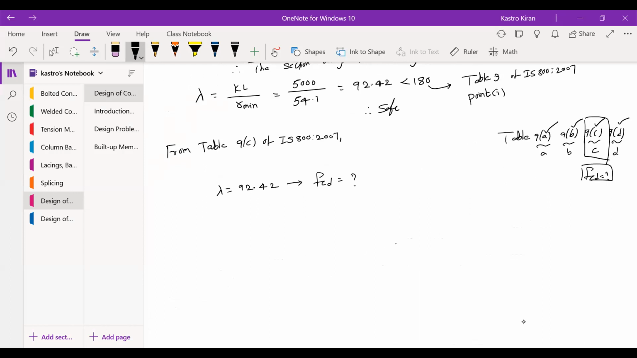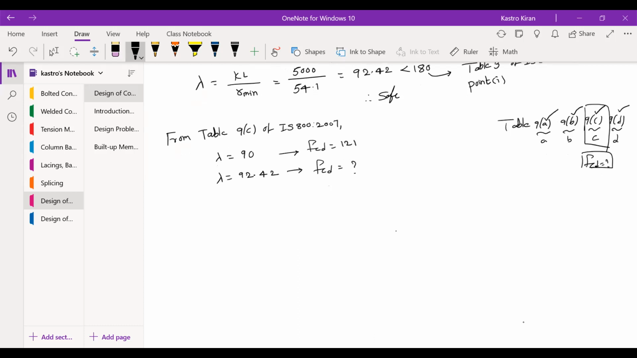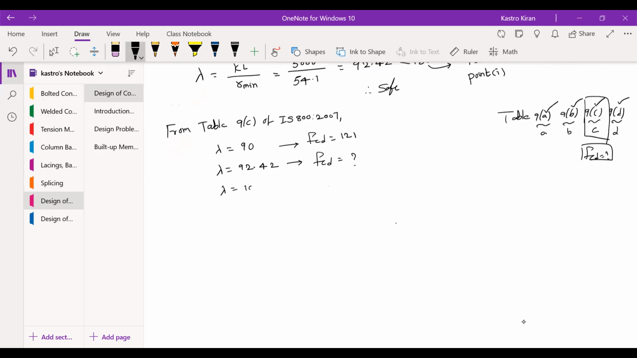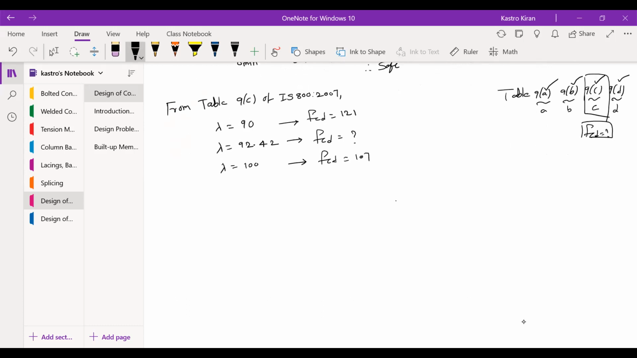So we know 92.42 lies in between 90, where when lambda equals 90, the value of FCD is 121. We have got that value. And when lambda equals 100, the value of FCD is 107. So you have to do the interpolation process. So by interpolation,